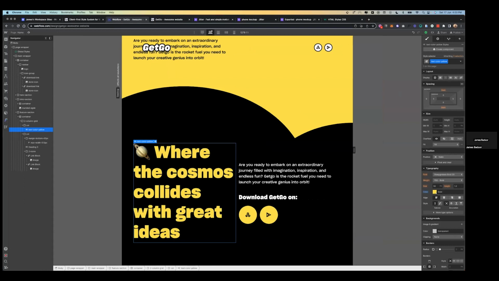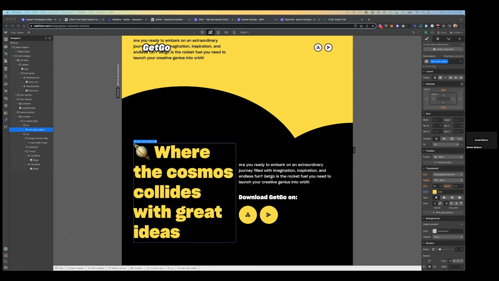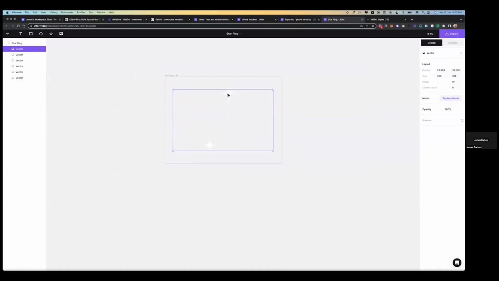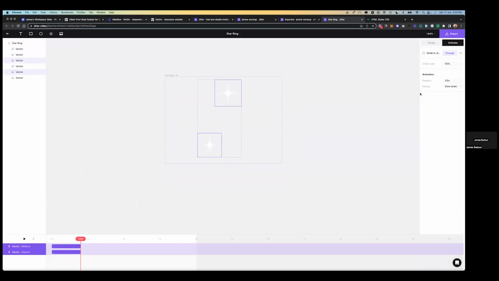So it opens in Jitter. Great. Now, what do we want to do with this star ring? We just want this to basically pop in one by one. So we click on the animation, we add a new animation, let's say grow in. So let's see how it works. So scale,